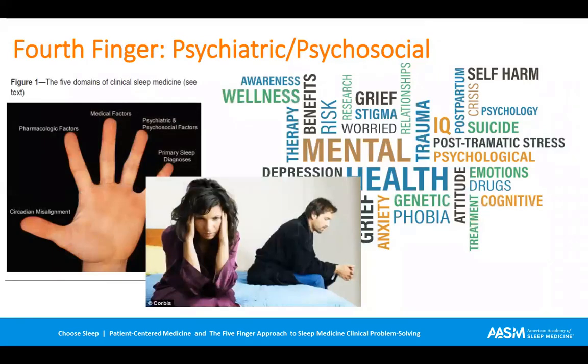The fourth finger in this approach is a fairly broad domain and includes psychiatric, psychosocial, and psychological elements. I combined these influences under one domain because there's often so much overlap between the patient's social structure and environmental and general mental health that it's worth investigating. For example, a woman who feels unsafe in her own home due to the presence of domestic violence may present with a chief complaint of difficulty sleeping.